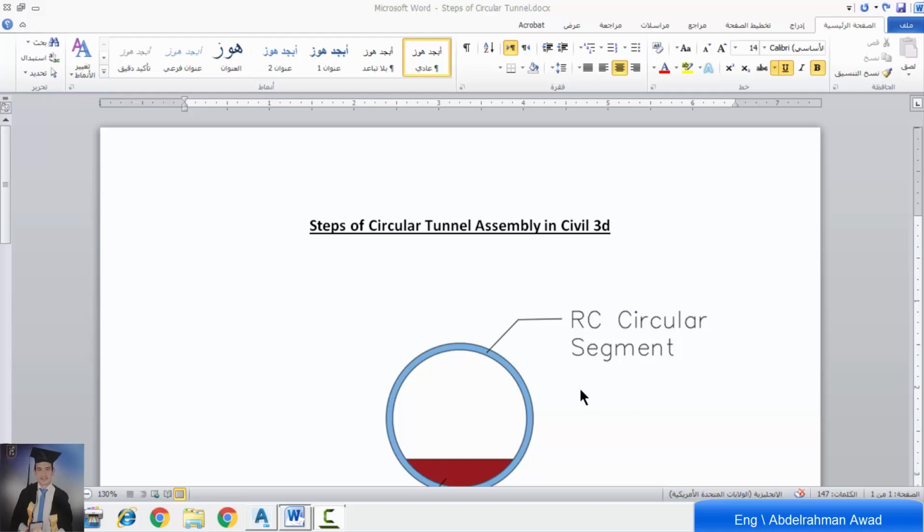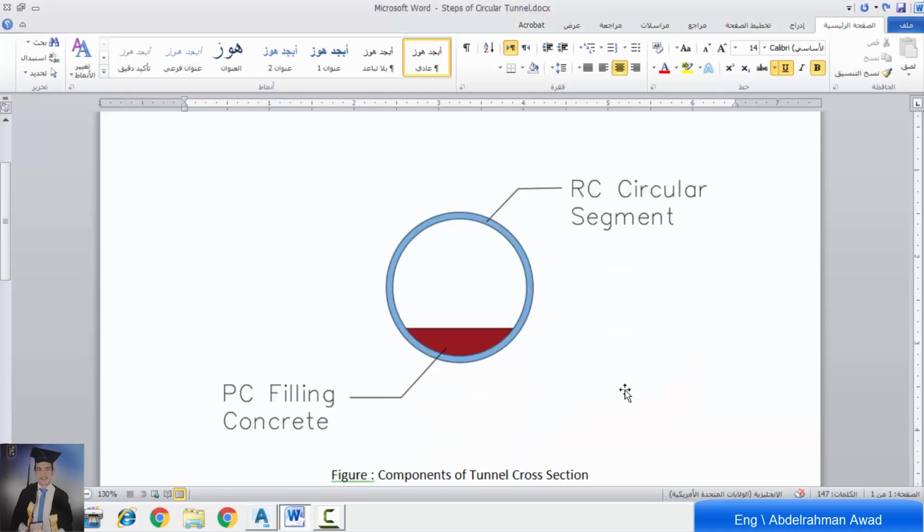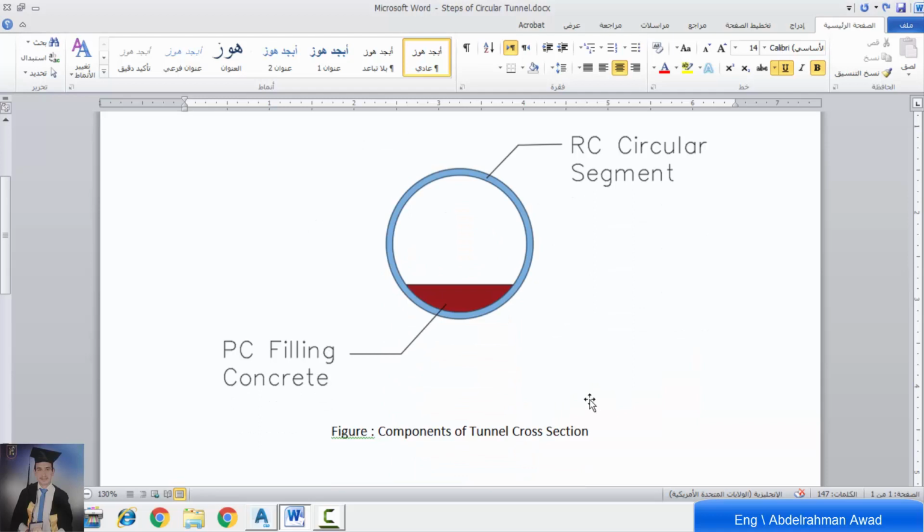First, I want to explain the main components of the circular tunnel cross section. There are two main components.